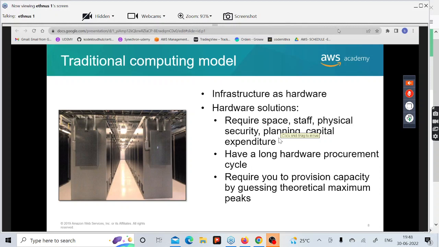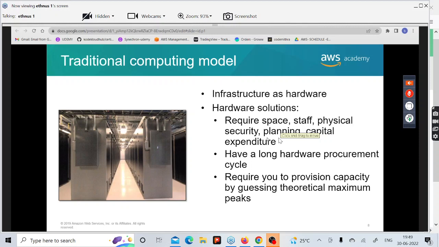Okay. So that's why this is an overhead where you have to procure the hardware also. Then the third point requires you to provision capacity by getting the critical maximum peak. I told you all the traditional infra works on guessing. Since they don't have any kind of on-demand facility, suppose currently I have launched an application on traditional infrastructure. Now, based on the current customer approach to my application, I have to think about how much infra I will need after 6 months,